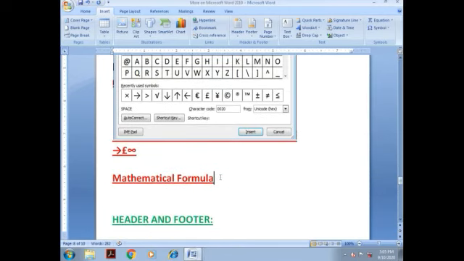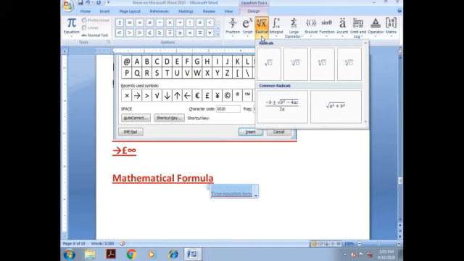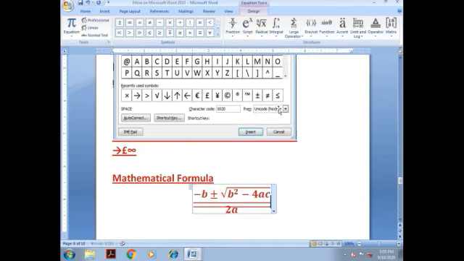We can insert different mathematical formulas in our document to prepare a question paper of mathematics or physics or chemistry. Normally we are using Microsoft Word because Microsoft Word has all sorts of features.